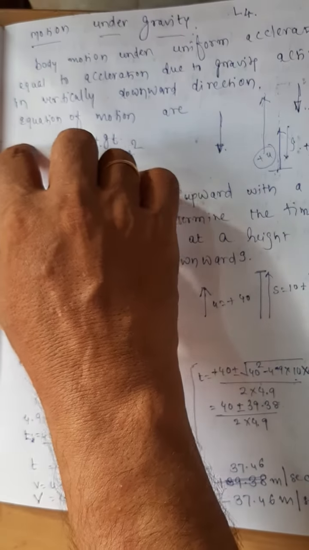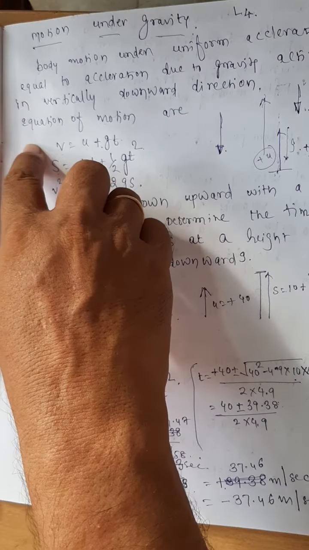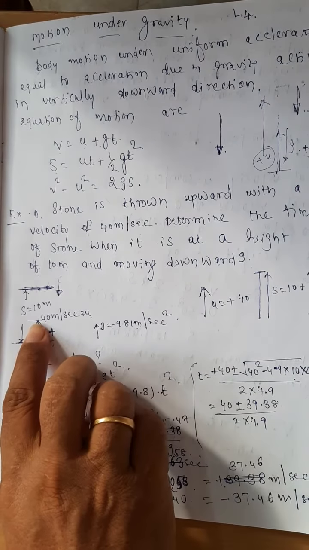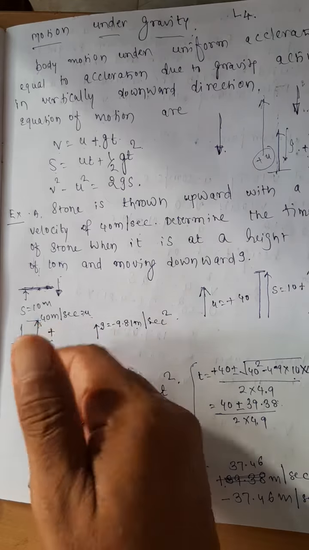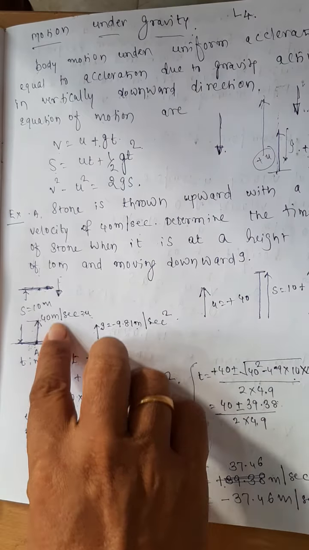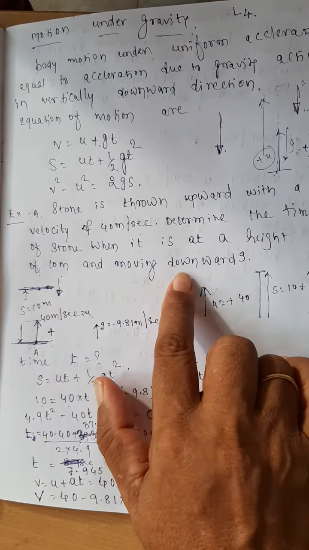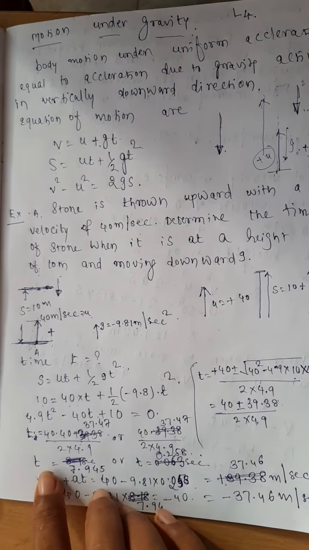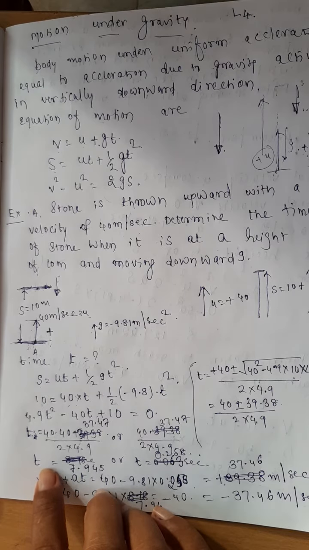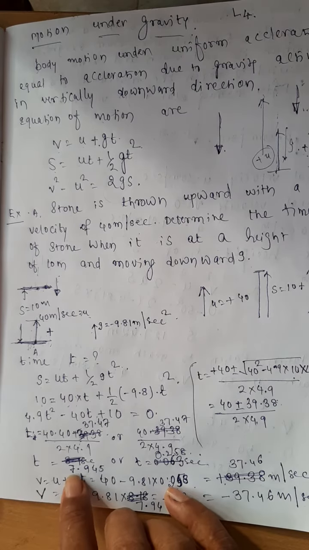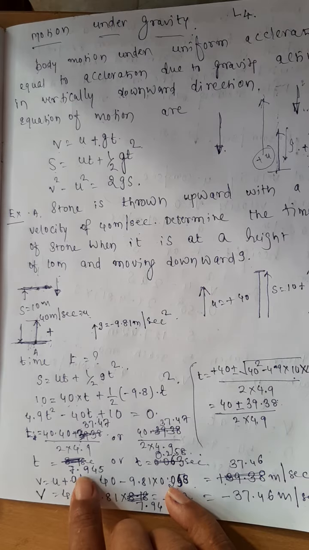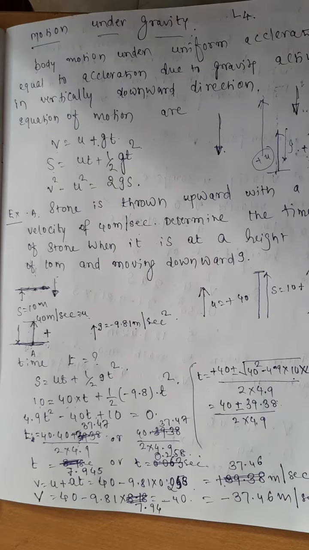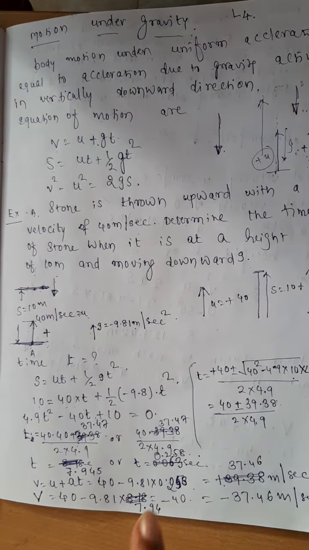Next, it goes up, reaches its velocity equal to 0 and again comes back. That time is the second t, and at that time the body moves in the downward direction. Actually, he is interested in when the body is moving in the downward direction. Therefore, it is understood that the required t, the answer, is 7.945. Anyhow, if you are not satisfied with it, just calculate the value of velocity at both the instants.